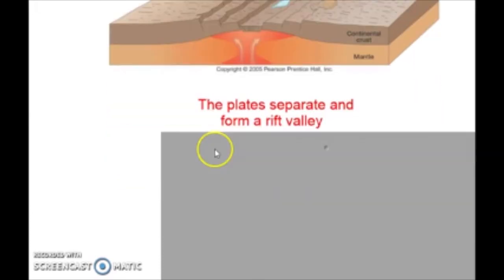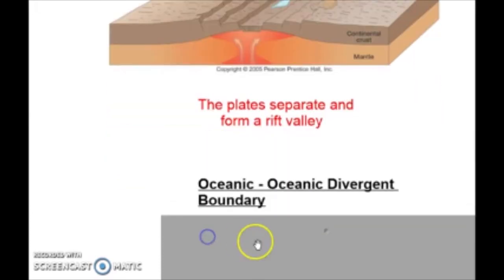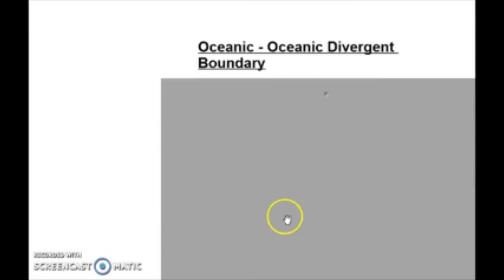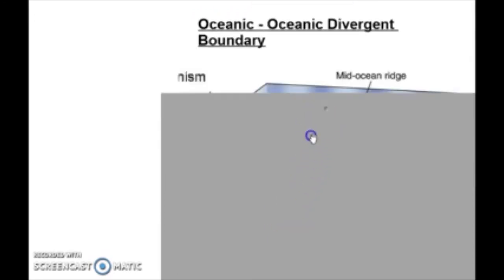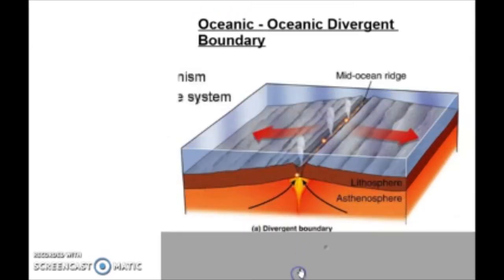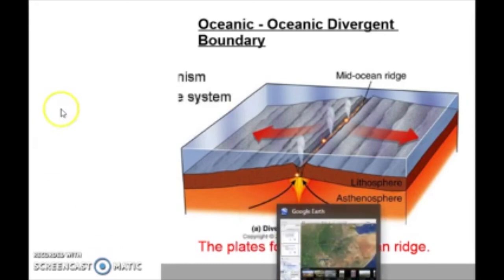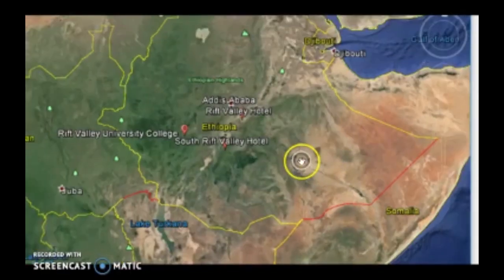Now the last type of boundary we're going to talk about is an oceanic divergent boundary. Okay, so this is a continental pulling apart. Eventually you have two ocean plates that are pulling apart. What you end up with is new ocean plates. We call that a mid-ocean ridge. Here's what the mid-ocean ridge looks like on Google Earth. So if we zoom out from Africa,